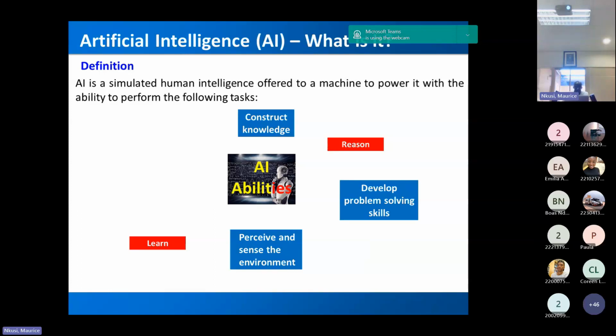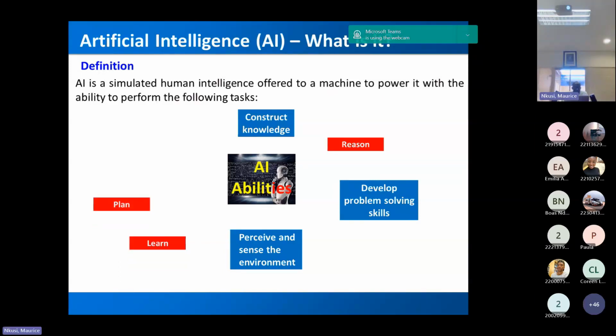So we'll talk about it later on, just to understand when you ask a question to this ChatGPT, how is it getting answers very quickly? Is because when people are asking questions, the system will be learning, even will go further. It will not need somebody to tell it what to learn. The algorithms that are used help these machines to learn on their own.